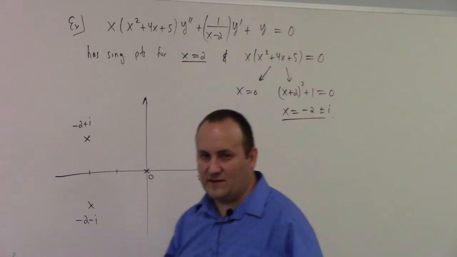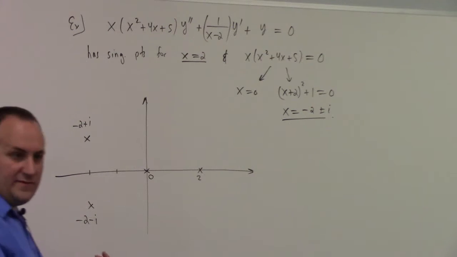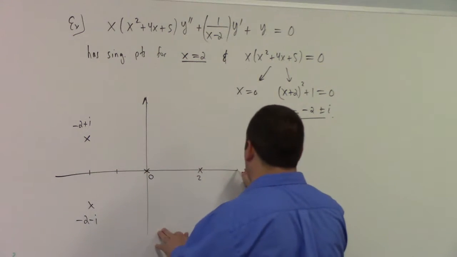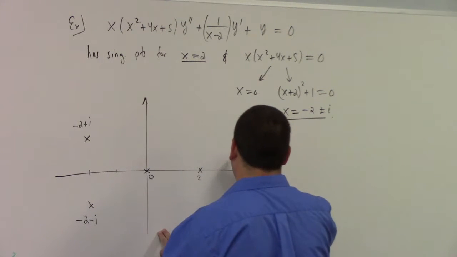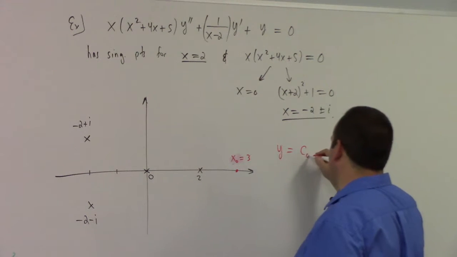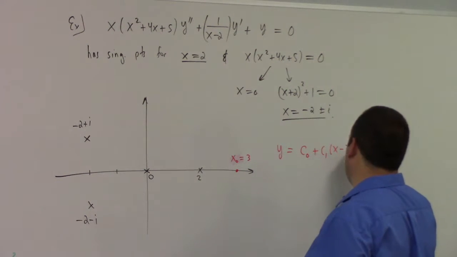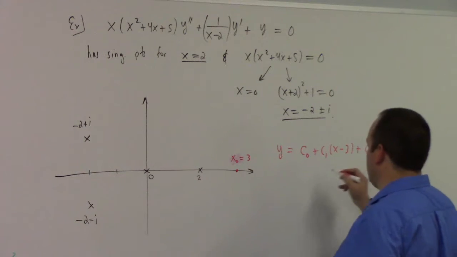I like to use x's for the singularities. I don't know, it's just what I do. So if you think about different points for finding the solution around, here's an easy one. If I center my solution at 3, if I choose x naught equals 3, and I look at y equals c naught plus c1 times (x minus 3) plus c2 times (x minus 3) squared plus dot dot dot, this would solve